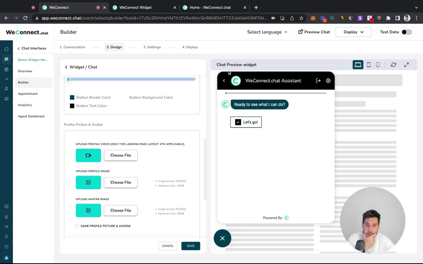But you can adjust these. This is something that I often see, that people keep using our avatar. It's very highly recommended to adjust your avatar, so your profile image and your avatar image. The profile image is this one, the avatar image is this one, and you can also make them the same, align them. But it's highly recommended to use your own logo,